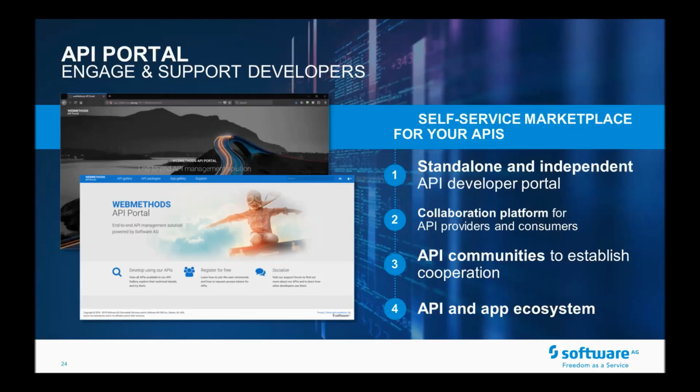They will try to get access, but they will also want to collaborate with the providers and with other users of these products. And they will also want a way to promote the solutions they have built on top of these products. This all helps to build an ecosystem and a marketplace around APIs becoming digital products. So API portal is the solution that helps our customers do that.